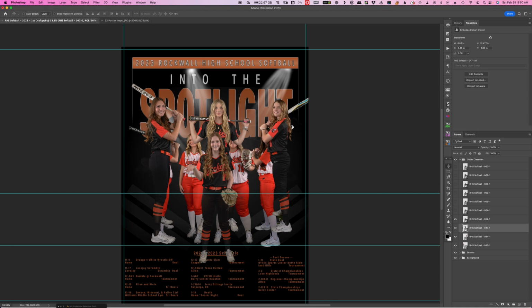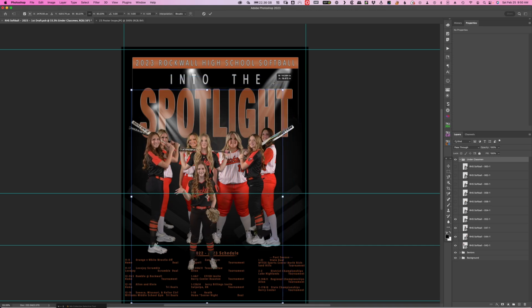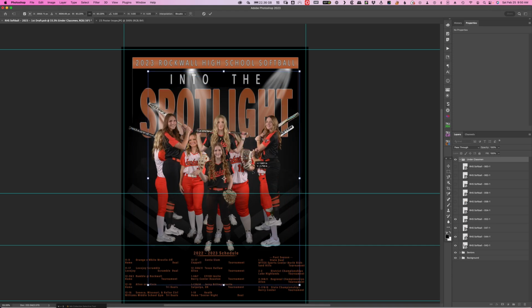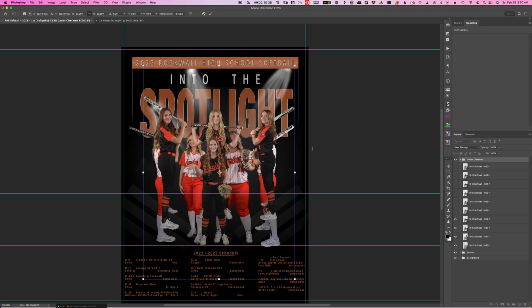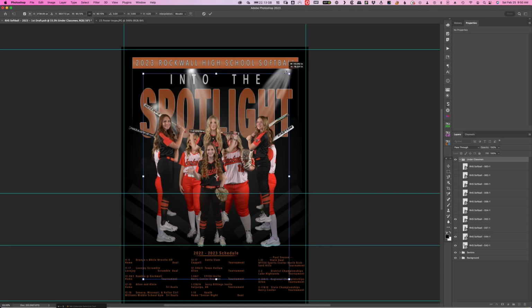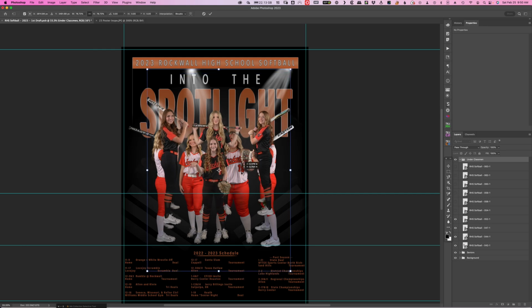I tell you what I'm going to do to make everything a little easier. I'm going to grab the entire thing here, and we're going to make them smaller like this. They're going to be smaller than the girls in front, no doubt about it, because they are further away. And the girls in front are the ones that are going to need to be emphasized the most. So we're going to actually make them even smaller here,